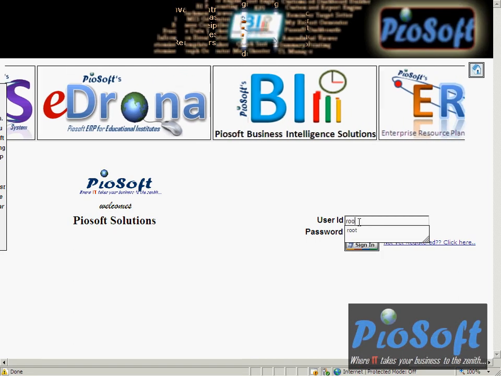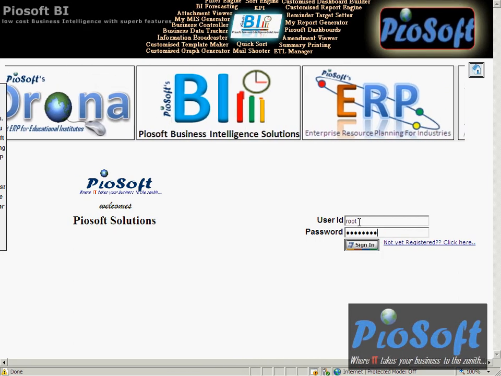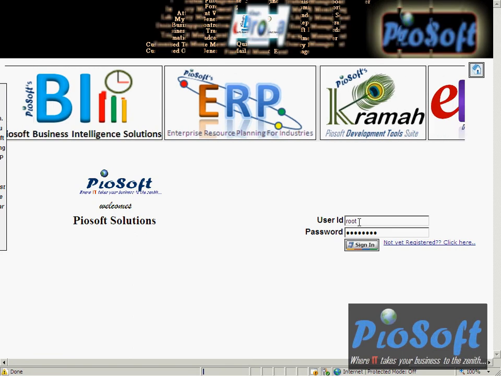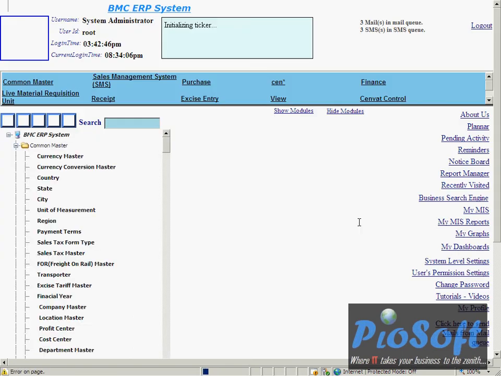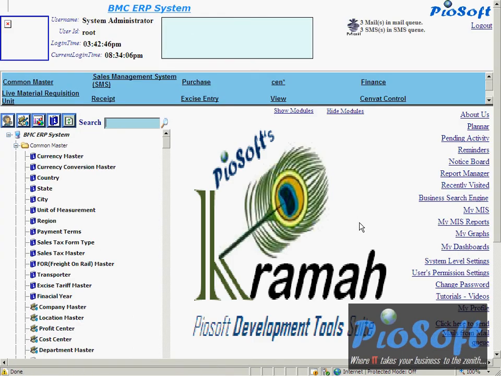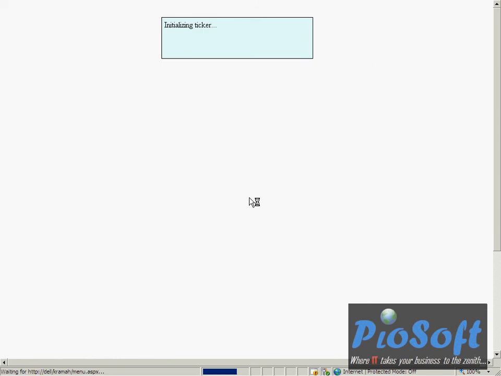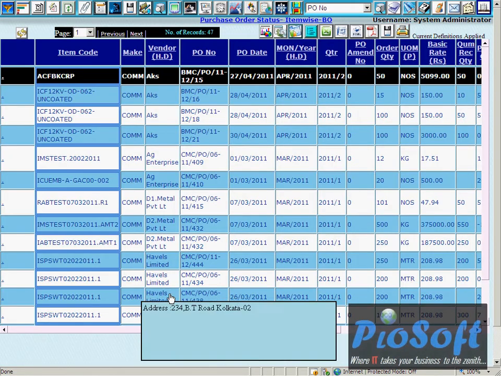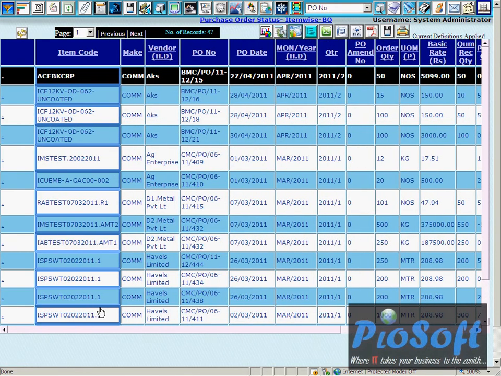Okay, now the next important tool for the purpose of BI suite is the report generator tool. We'll again take the same example. We will go to the purchase order status item BO MIS. Now, as explained earlier, there are different columns, and let's say we want to generate different reports. How to generate different reports from this set of data?